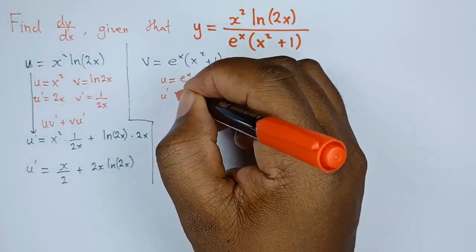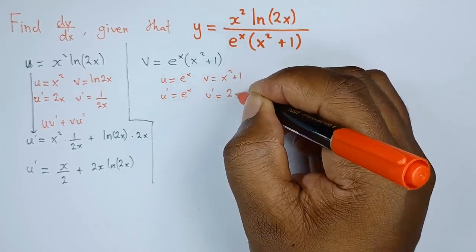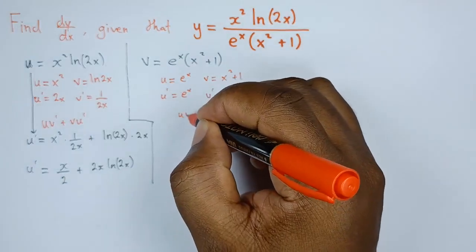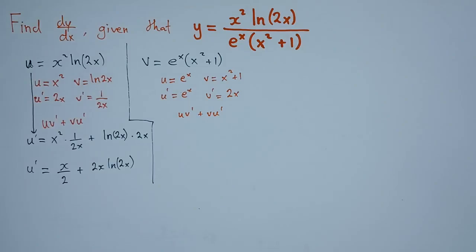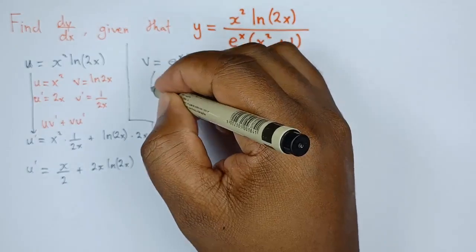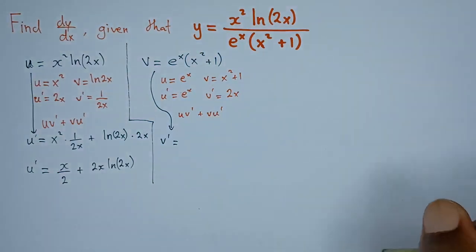Then u prime will be e to the x, v prime will be 2x. So the formula for the product rule is the same, which is u v prime plus v u prime. So let's take our v prime now. This guy, let's take our v prime. Let's bring it here. So v prime, in this case, will be equals to,